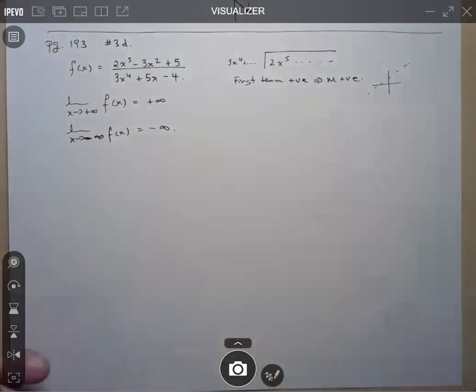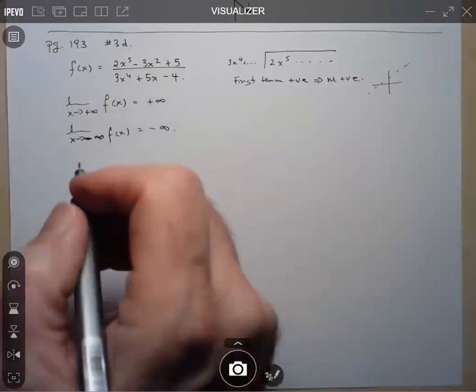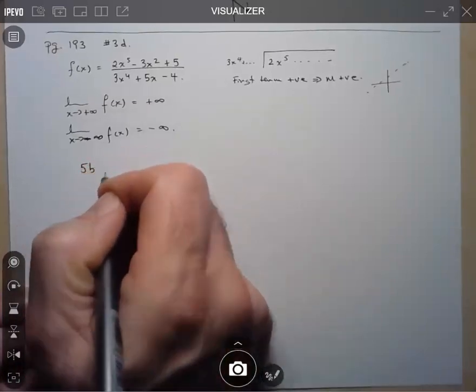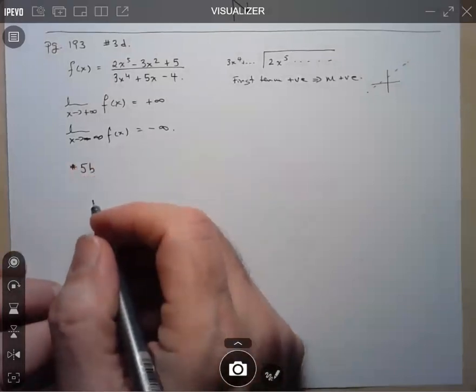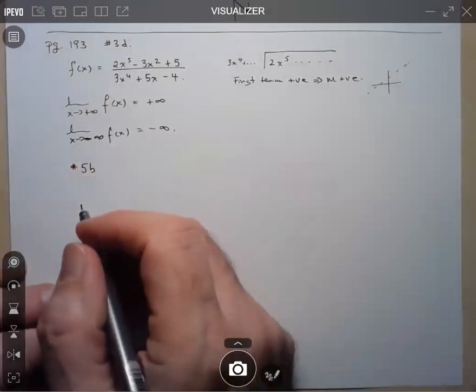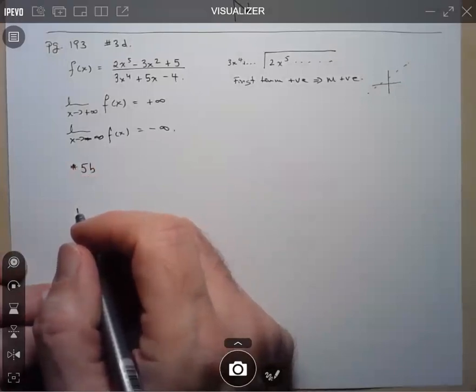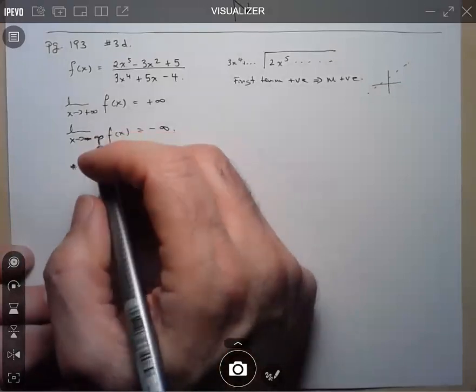No? Okay, so let's move on to the next one, which is 5b. And 5b says, for each of the following, determine the equation of any horizontal asymptotes and state whether the curve approaches the asymptote from above or below. So here, I forgot which one was 5b. So that is